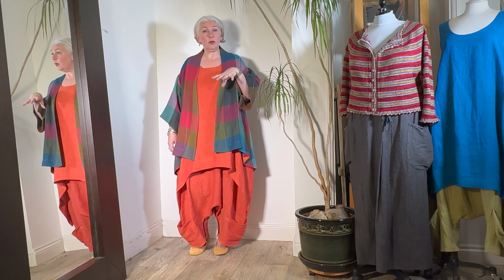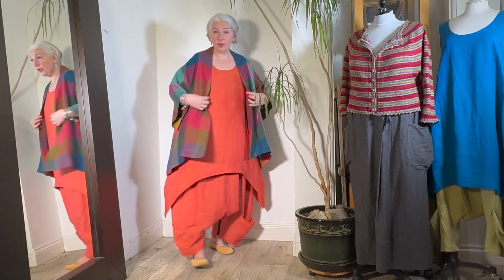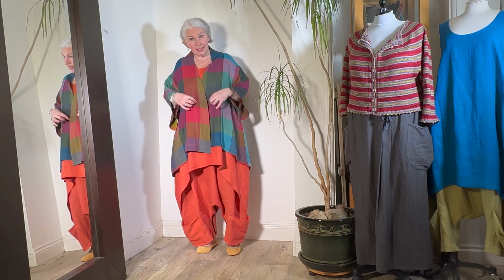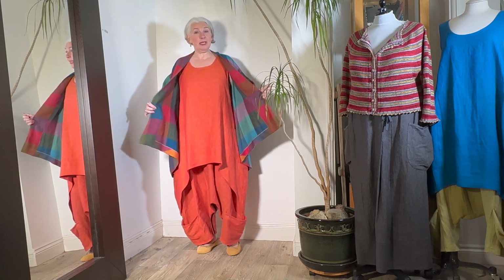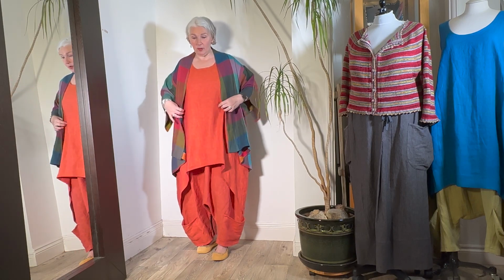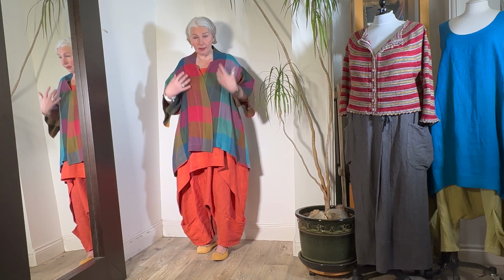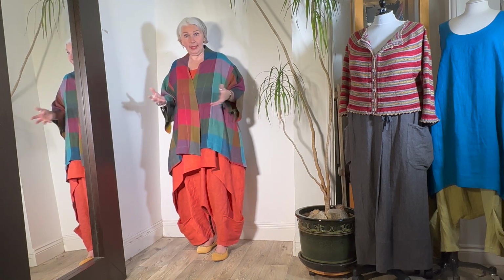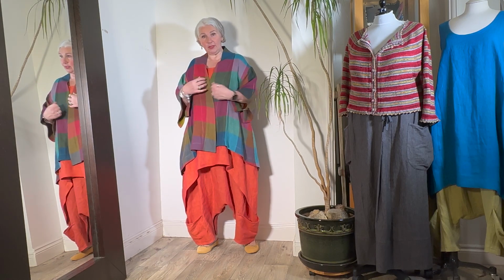The short ones, the long ones are still there as well, but there's going to be this new medium length. The other thing that we're going to do with the dusters is add some ties to them, just one set of ties in the front, which means that if you like wearing them in the summer as a throw over, coming back from the pool or the sea, for example, you'll have some ties to close them in the front and wear it effectively as a dress over a swimsuit or what have you, or any other outfit, but you'll be able to close your duster and keep it closed without having to use pins